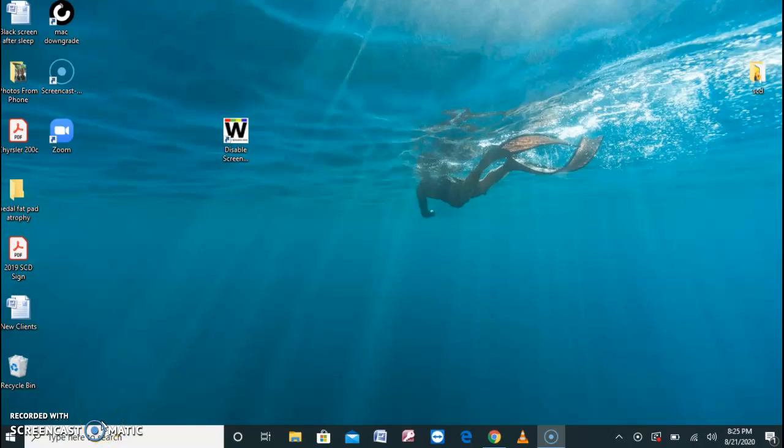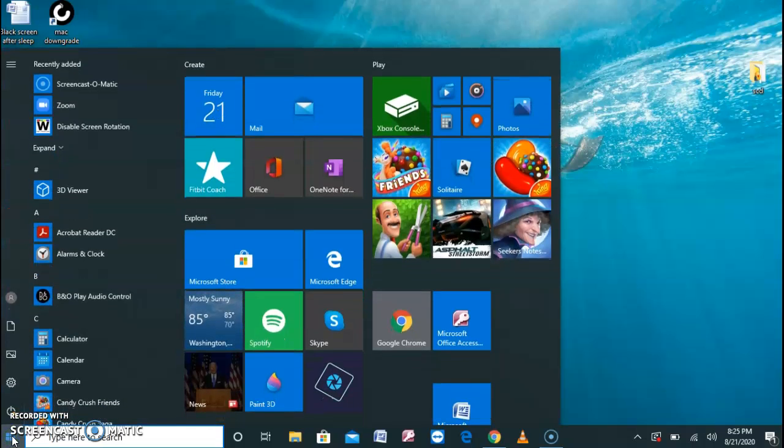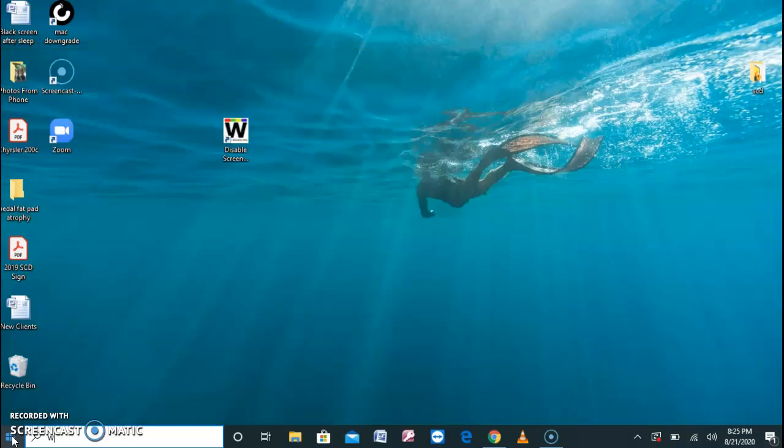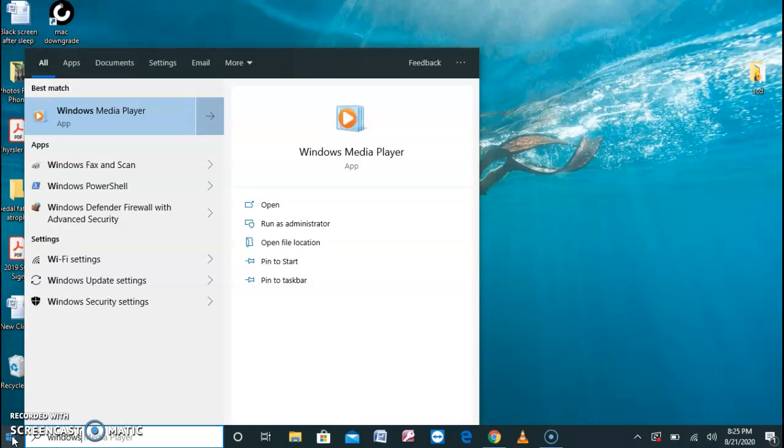running on your computer. The first thing you need to do is click the Start button, which is in the lower left corner of your screen. Down here has a picture of a window on it. Just click on that one time, and then without clicking on anything else, just start typing the following word on your keyboard. Type the word Windows, and then a space, and then Defender,